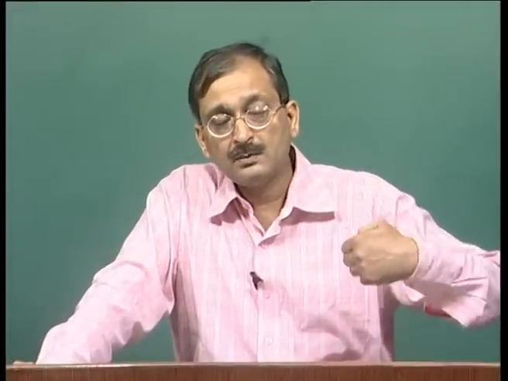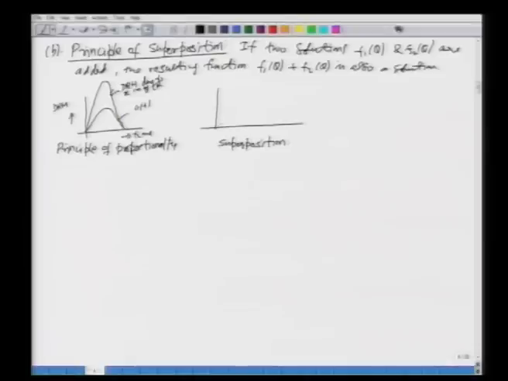you get the combined response or some resulting function which is called f1 plus f2, you can say that is f3 or z or something. That also represents the solution of the system, to a different problem. Okay. All right. So, let us say that you have one, this is your f1, and you have another solution, which is, let us say, this